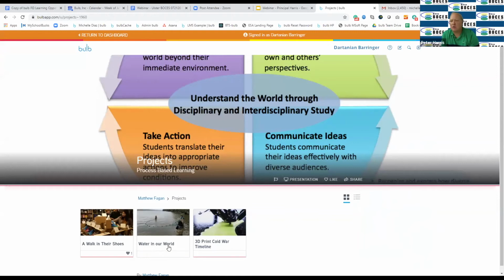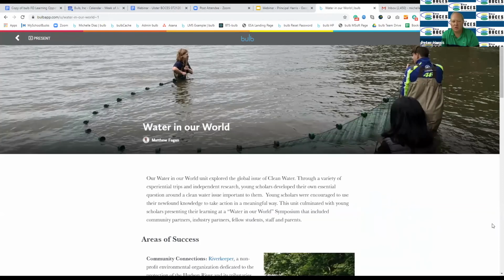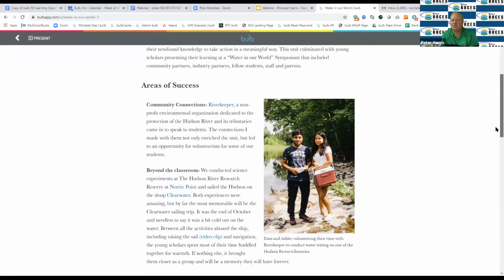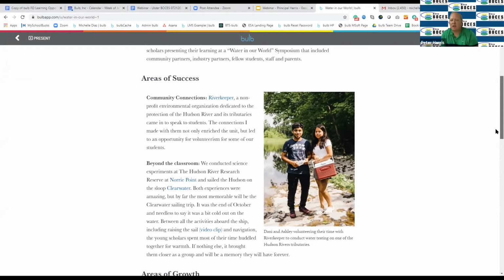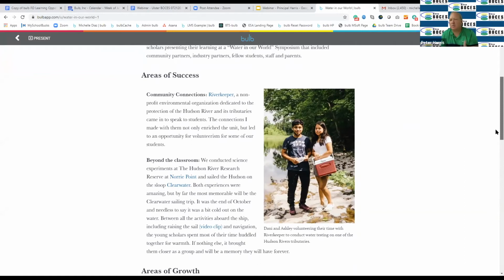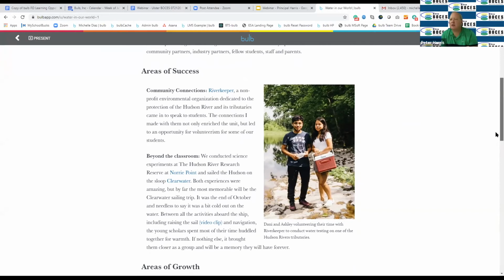Okay. Very similar process, Water in Our World. That was our, again, journey through the inquiry arc, the global competency wheel, and investigating access to clean water and thinking about how we could get the young scholars to come up with their own essential question about access to clean water. It ranged from how can we create access for recreation, active and passive, right here on the Hudson River, to should water be a commodity, Nestle, a major vendor of water,